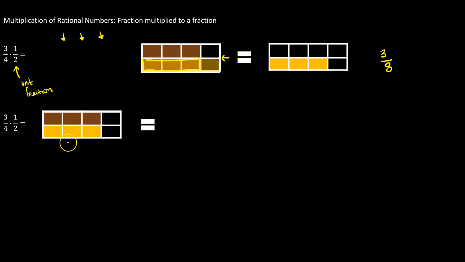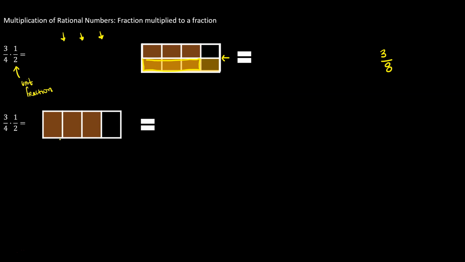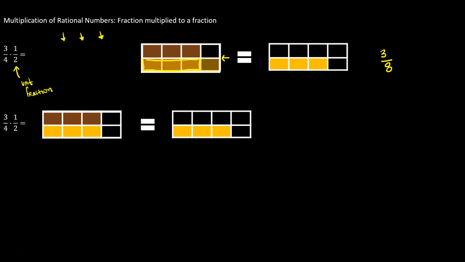Now another way to do this, I'm going to have to back my animation up, is to start off with 3/4 and then cut each of those shaded portions in half, and then you keep the part that you cut. So the half that you cut, you're going to keep the bottom half or the top half, whatever you want to consider. But either way, you get the same result, the same image, and again, you count the number of pieces that you need to make a whole,